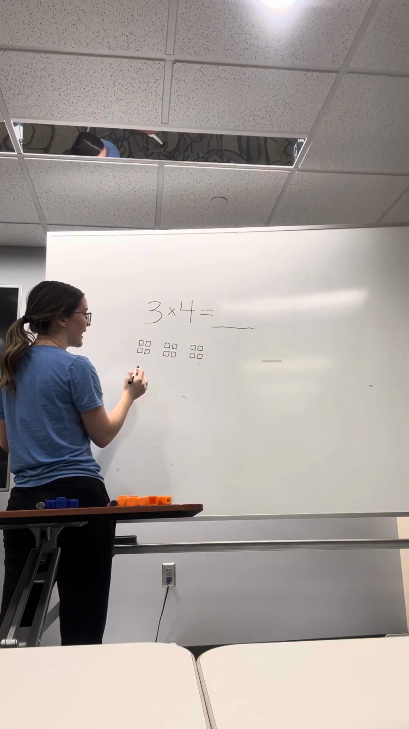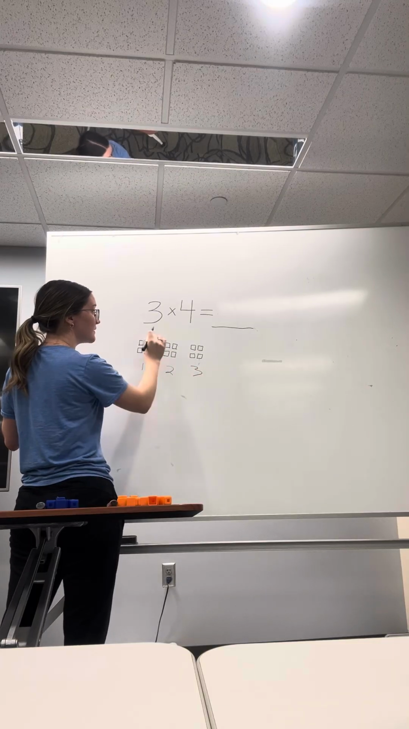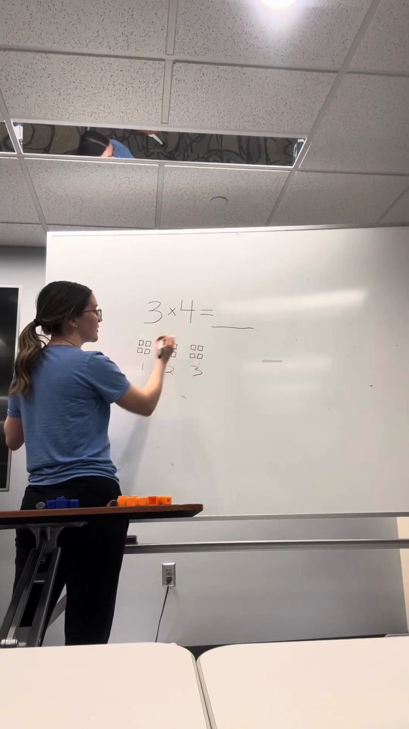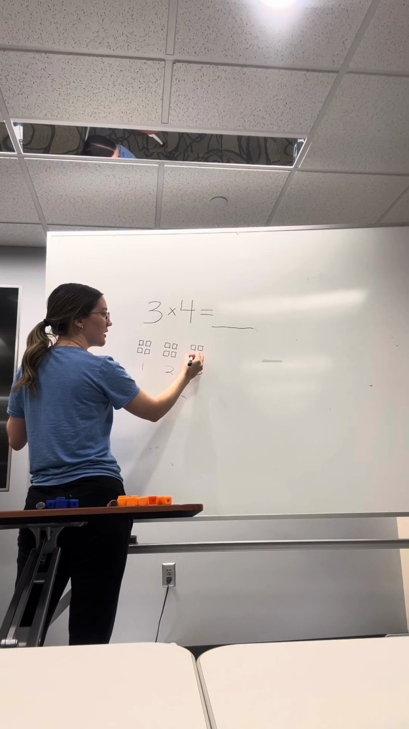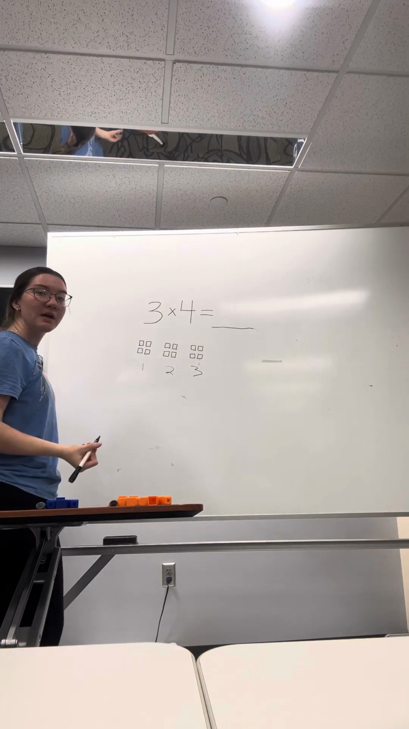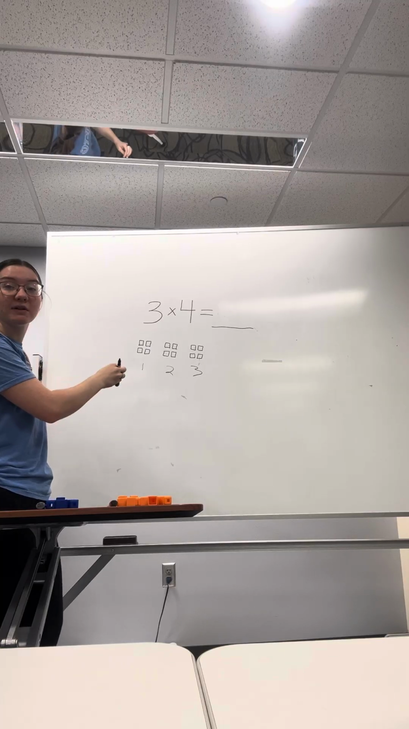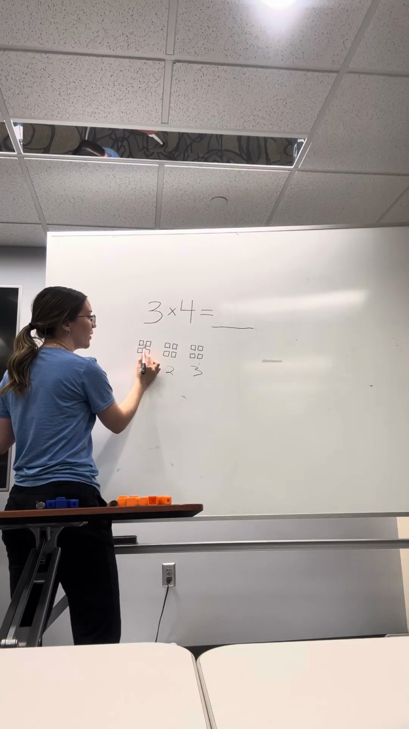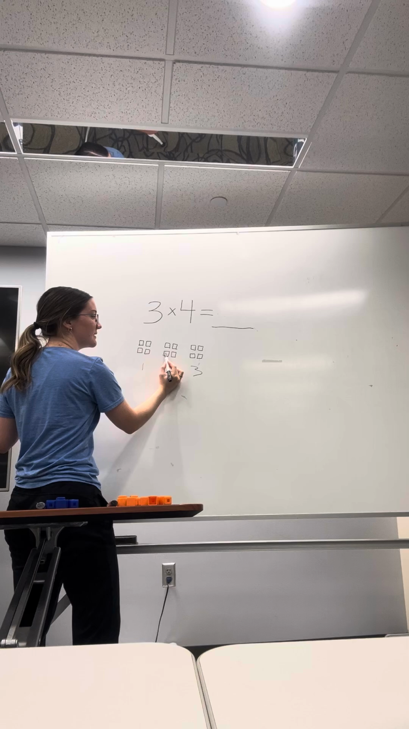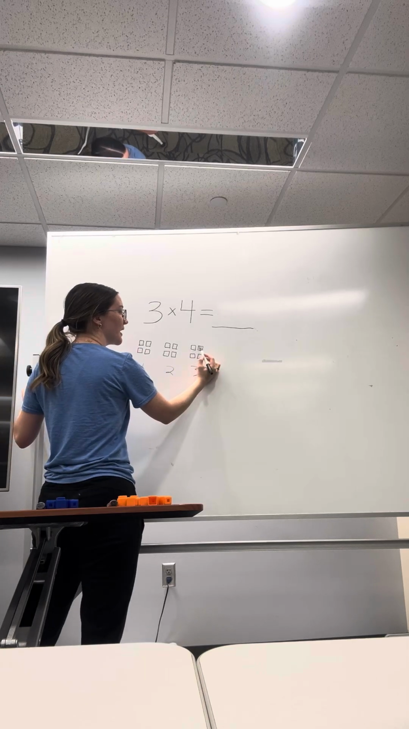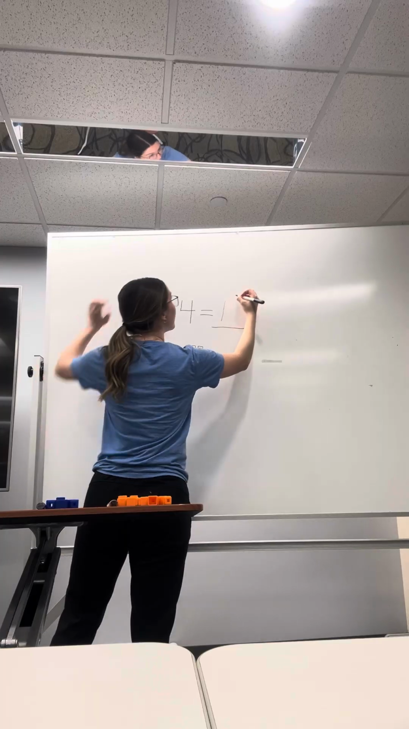Okay, so I have 3 groups. This is our first number, and there's 4 in each group. Okay, so to get our answer, Miss McEwen is gonna count each one of these blocks that's up here. Okay, so I have 1, 2, 3, 4. Let me continue. 5, 6, 7, 8, 9, 10, 11, 12. So 12